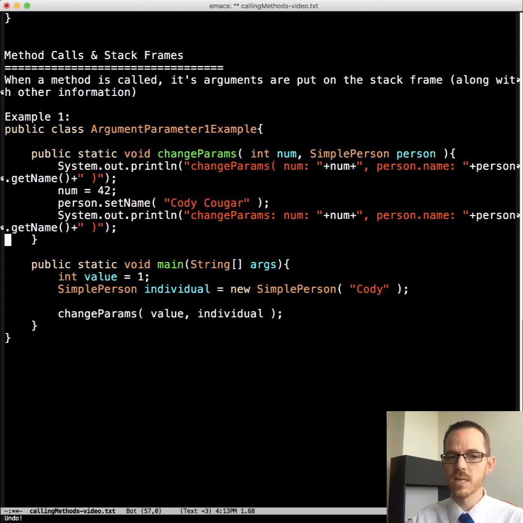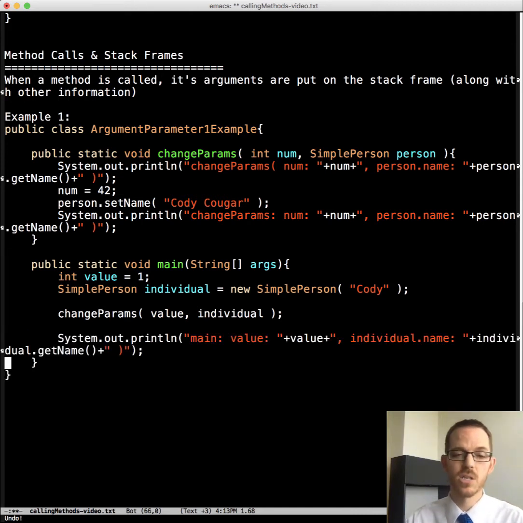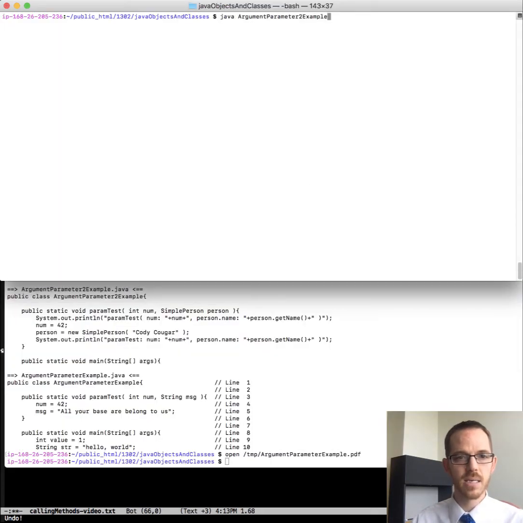And what's going to be most interesting is the print line statement after the call to changeParameters. We haven't changed anything yet, but let's compile this here, and then let's run it.